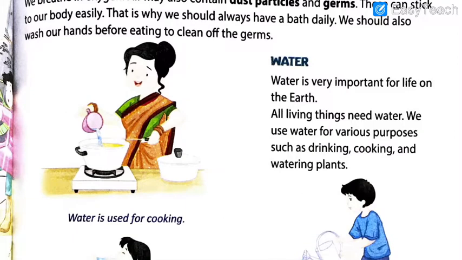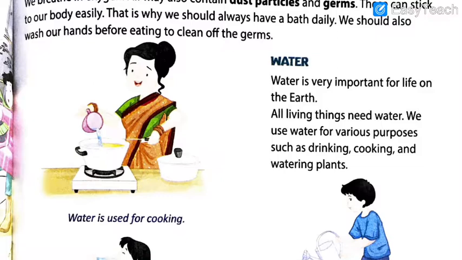Don't you think so? So that is why it is written here, you should wash your hands, you should take a bath daily. Though it is winter season, I know that many of you feel very lazy, especially for the bath, because it's very, very cold weather. But still, just for the cleanliness sake, or I should say just to remain free from the germs, you need to take the bath.